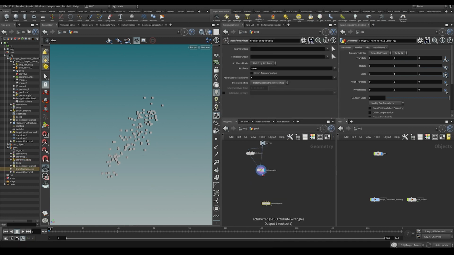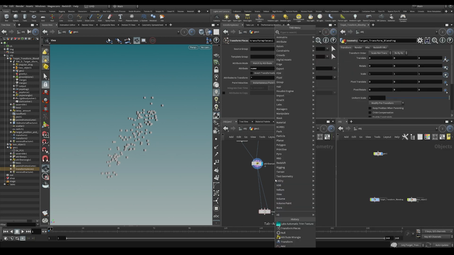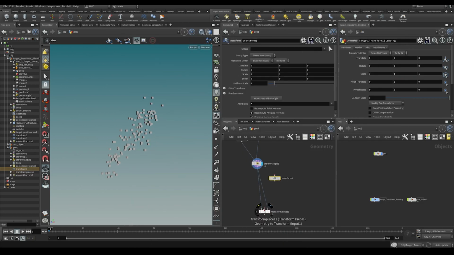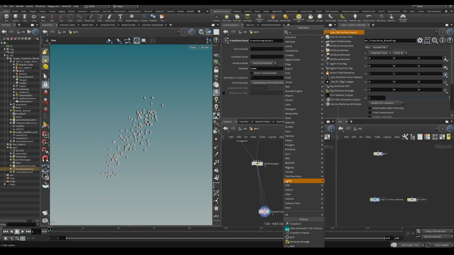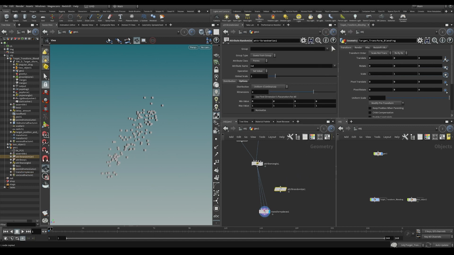Transform Pieces will allow you to transform pieces. What it does is it takes input geometry, rest geometry, and template points. So if I were to, for example, put down a transform in between here, then it would transform these pieces based on whatever is in here. However, what I want to do is put an attribute randomize. I want to do it based on an attribute. So if I put an attribute in here, and then put in orient,